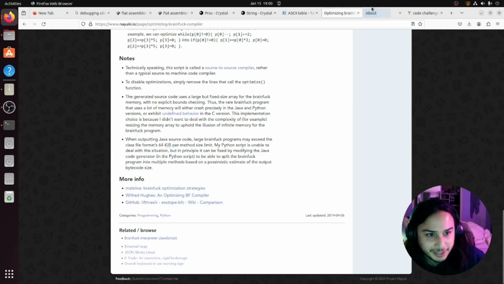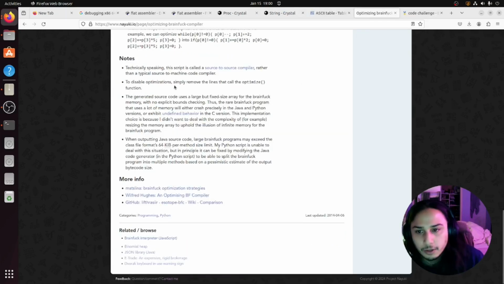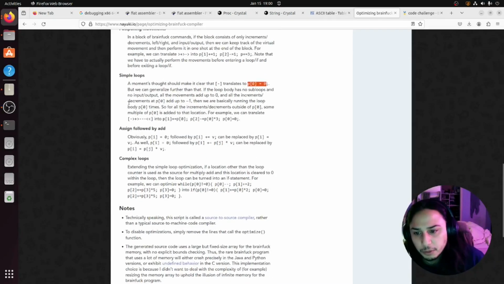Who's the author for this? Nayuki. So Nayuki here also shows how to optimize for slightly more complicated loops, which we'll be doing pretty often,